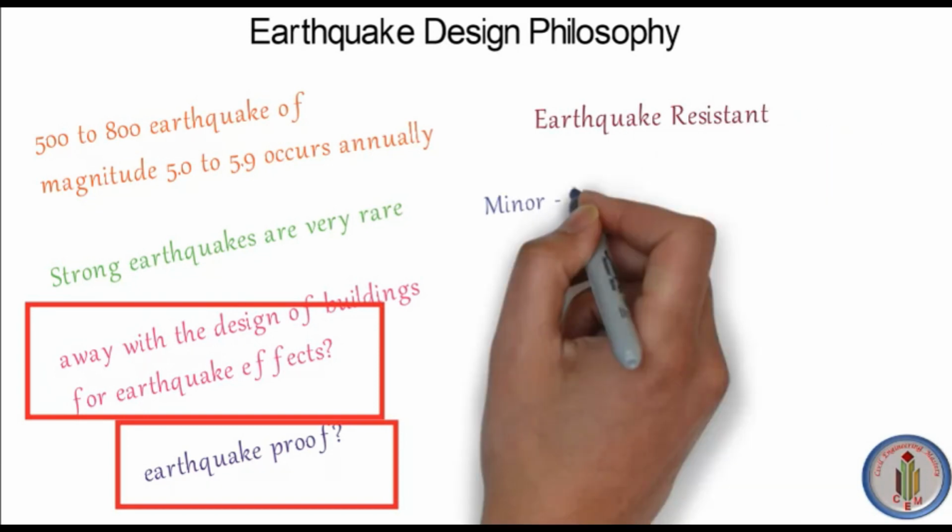Such a structure resists the effect of ground shaking. Although it may get damaged severely, it would not collapse during a severe earthquake. Safety of people is assured in earthquake resistant structures, and also the major disaster can be avoided. So this is the main design philosophy of seismic design codes all over the world.